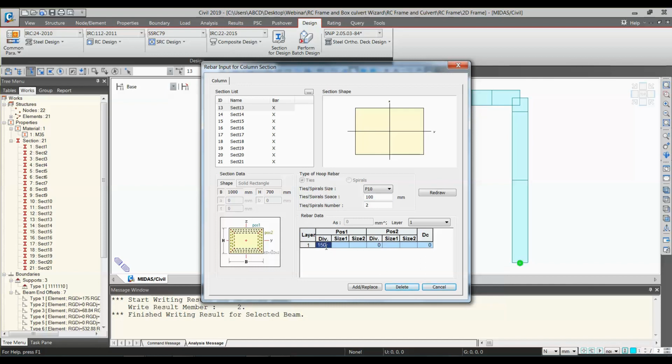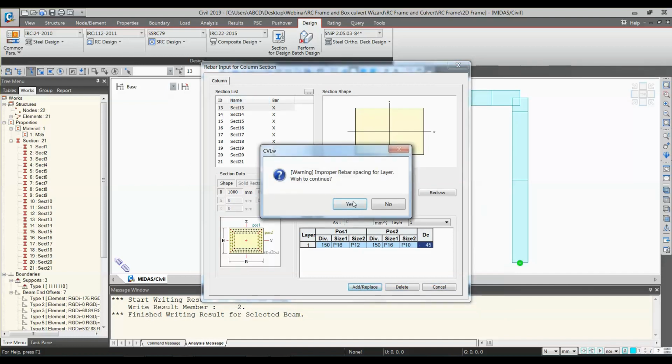Okay, so make sure I have changed the units. So this position 1 and this is position 2. Okay, so accordingly you can enter it. And 45 mm cover. So I am adding and replace.